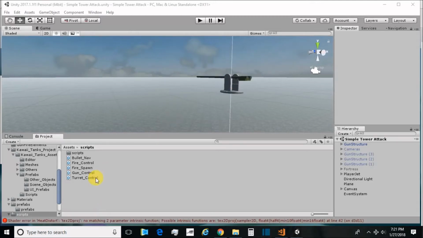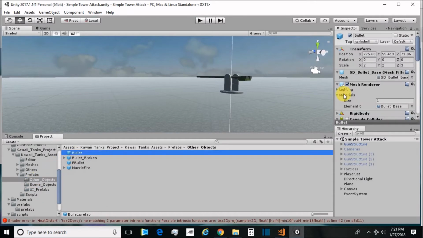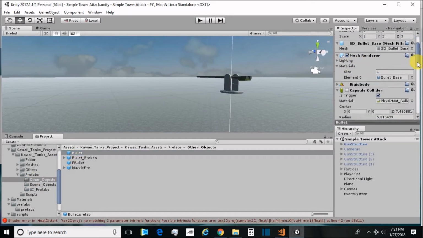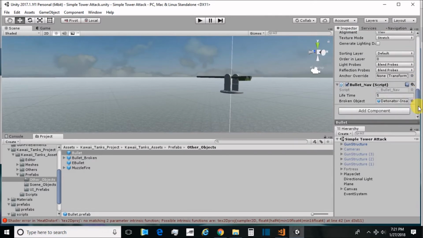So this leaves only one more script for us to review before we have a fully functioning anti-aircraft gun. And this is bullet nav. And as we have seen, bullet nav is attached to the actual projectile itself, which in our case is this bullet prefab, which, as I mentioned in the last video, is really the only object I've borrowed from this Kawaii